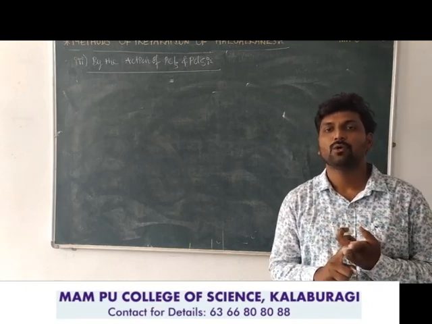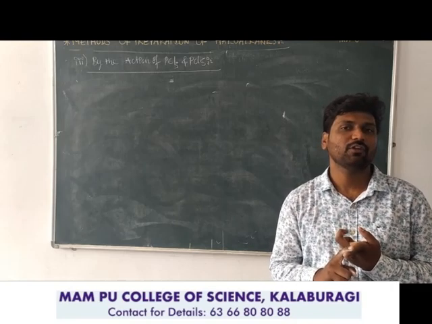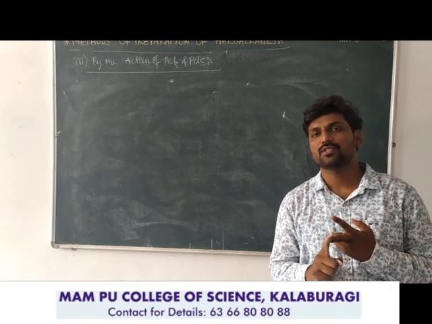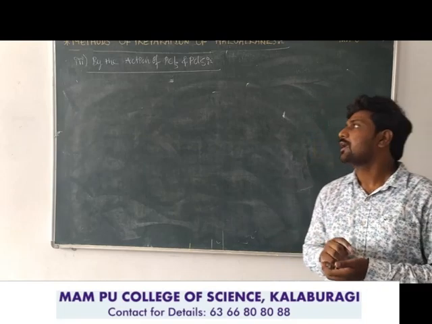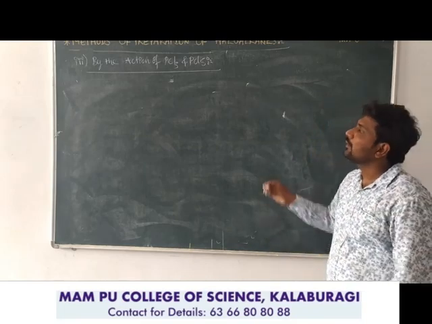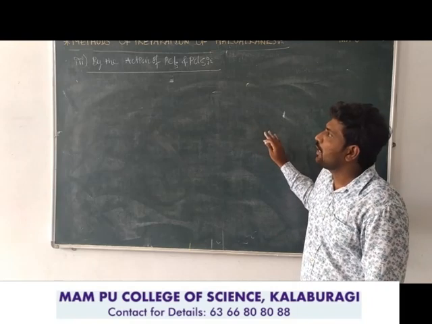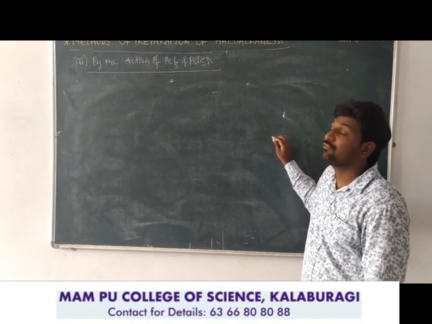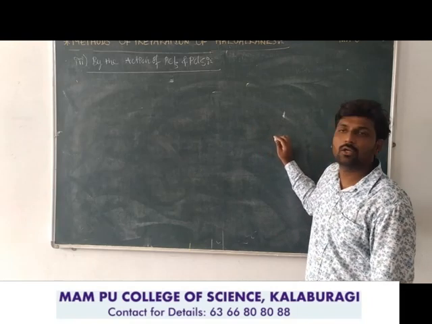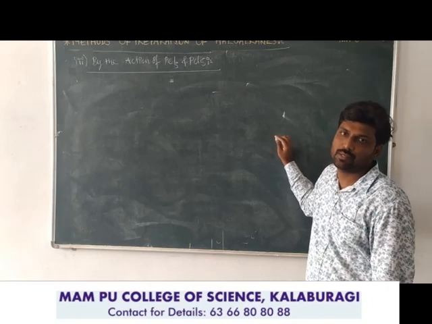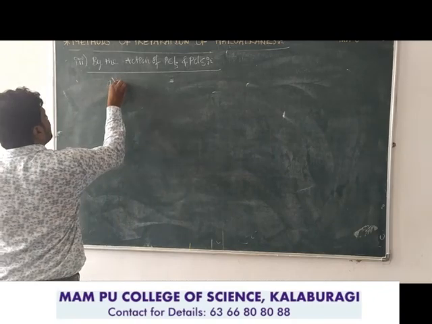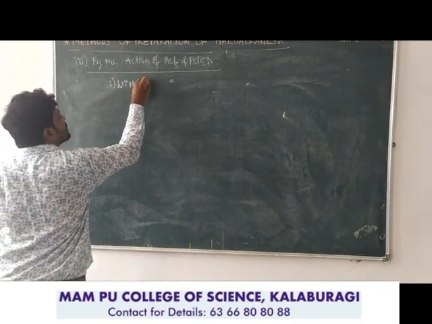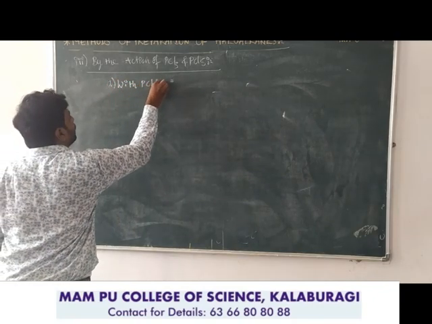One is hydrogen chloride, Groves process for the preparation of alkyl chloride, and from Darzens process we used thionyl chloride for the preparation of alkyl chloride. So the third reagent I have taken for the reaction with the alcohol is phosphorus trichloride, and another one is phosphorus pentachloride. So here, alcohol with phosphorus trichloride.